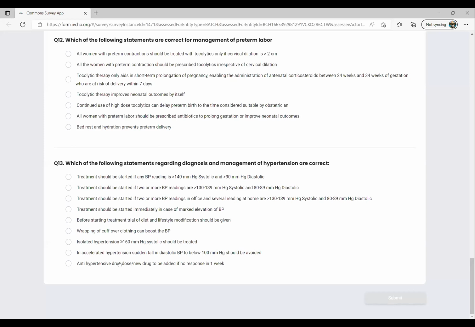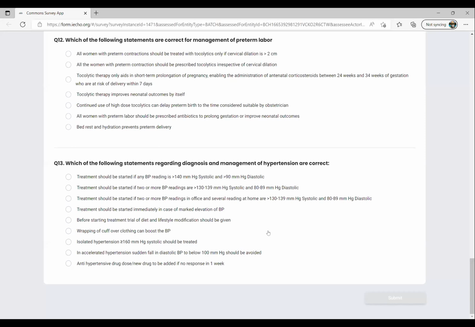And if you still find that the BP is high, then only the dose should be increased or a new drug can be added. But within 1 week, when the full onset of action has not taken effect, this will lead to problems later. The patient's BP might be low. You find that after some time this patient will come to you, now having low BP, then you have to reduce the dose or the drug here.